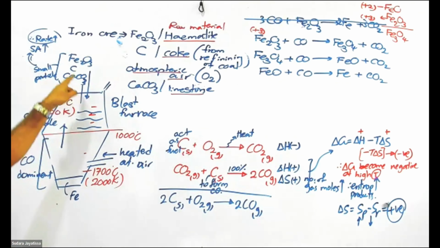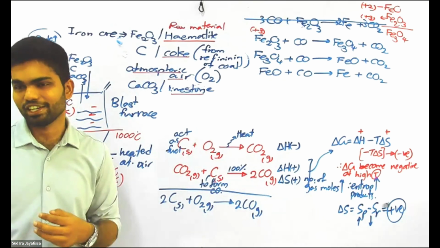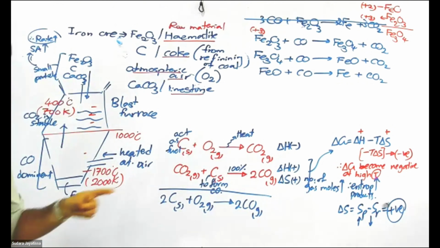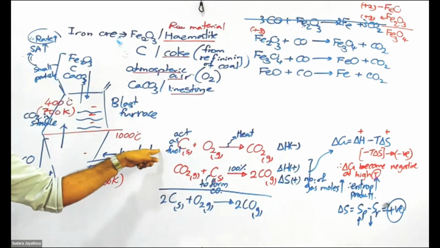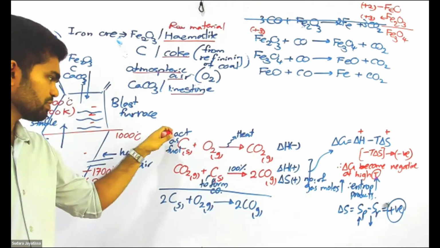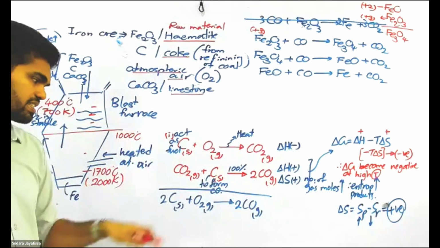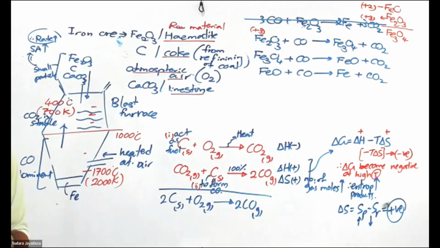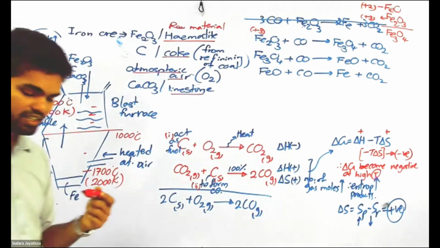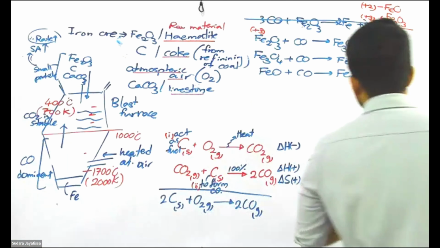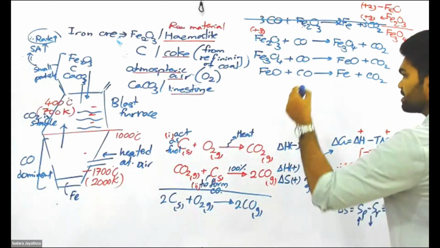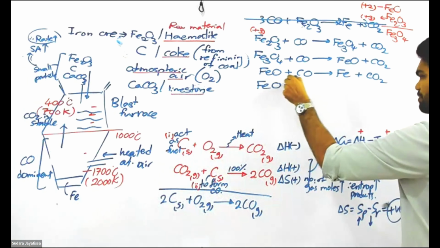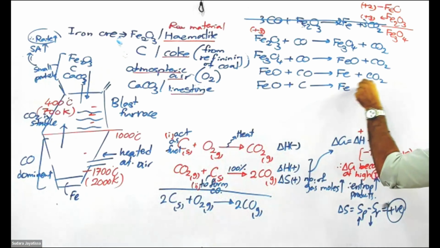So now we added coke. We say coke has 3 functions. The first function is acting as a fuel. That is the first function of coke. The second function is making carbon monoxide, because carbon monoxide is the main reducing agent. It's a reducing agent. And the third function is that this coke can itself react with FeO and make it